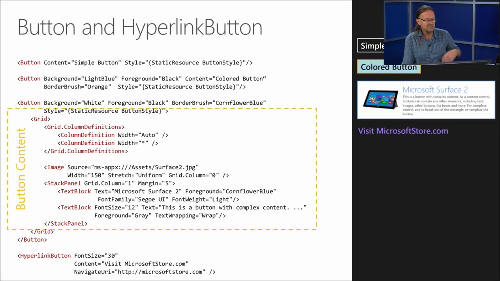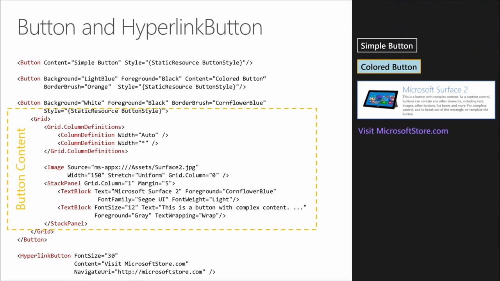So very, very flexible. All of these controls have re-template. That's when we say something is re-templatable, this is the kind of thing we're talking about, where you can go in and change the layout of a header or its whole appearance if you want. And then the bottom one there is a hyperlink button, which is a simple hyperlink where the user can tap on it and it will navigate to something in the web browser.